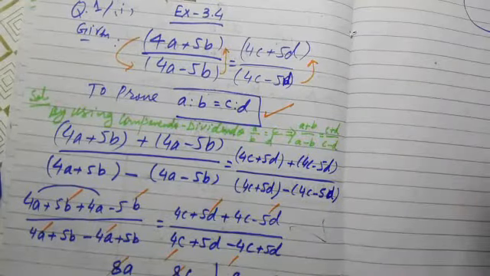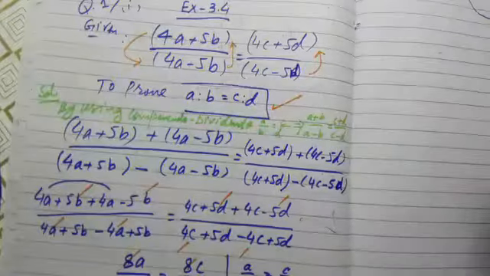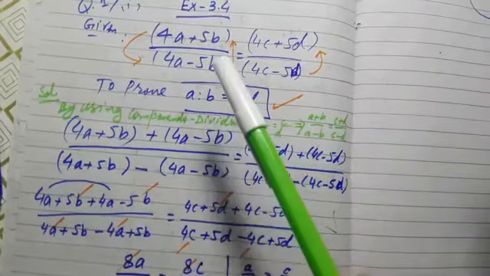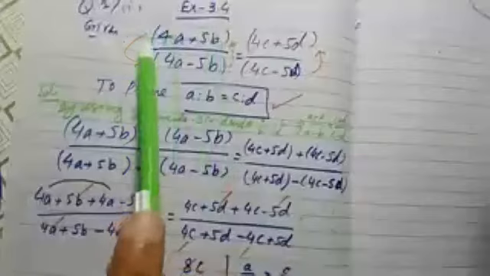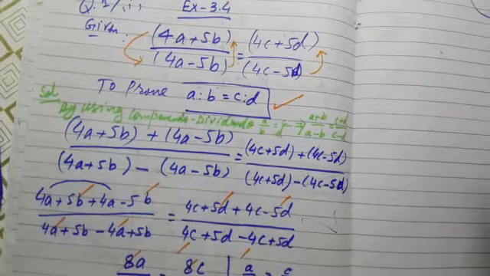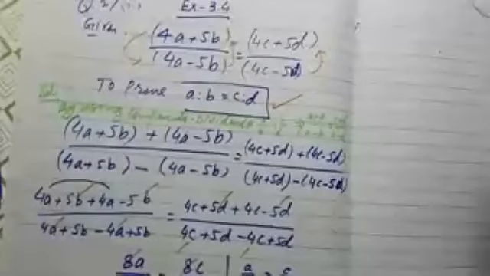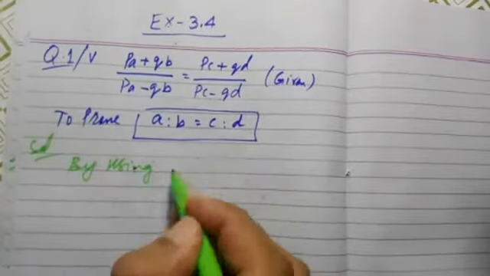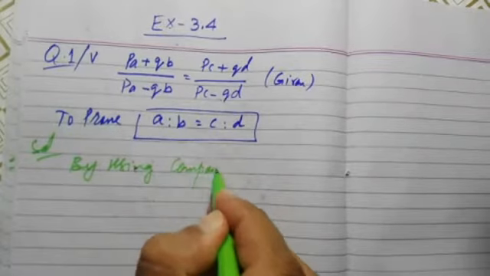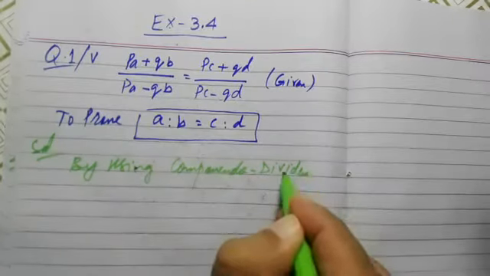So you will first quote the statement and then you will start the solution of the question, that is why we are doing it. Whatever is given in the statement, you have to start the application of the componendo dividendo theorem. As I am telling you, the whole term in the numerator will be considered as a single term, and the same will be done in the denominator. Okay, I will explain the next question. The question is over, but I want you to ask questions, and then we will proceed, put the reference, and then you should start working by using the componendo dividendo theorem. And what is the componendo dividendo theorem? So keep on writing so that you can get better practice.